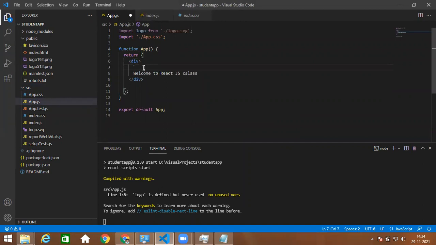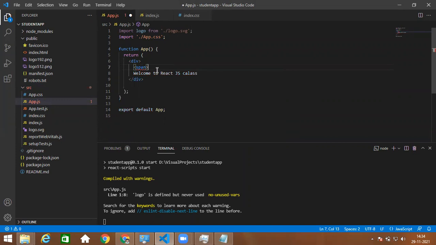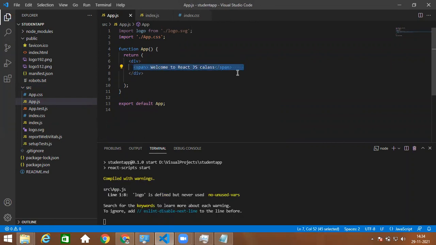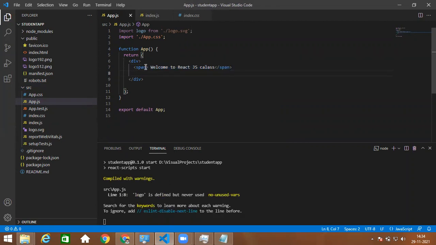This is a label, so I will create it as an HTML span element. In that I will add "Welcome to React JS class". In front of this I want to add one image; we'll see how we can add an image here. So this is the span I've added.